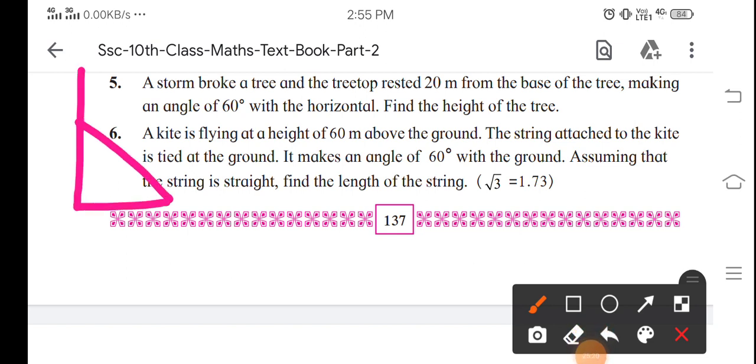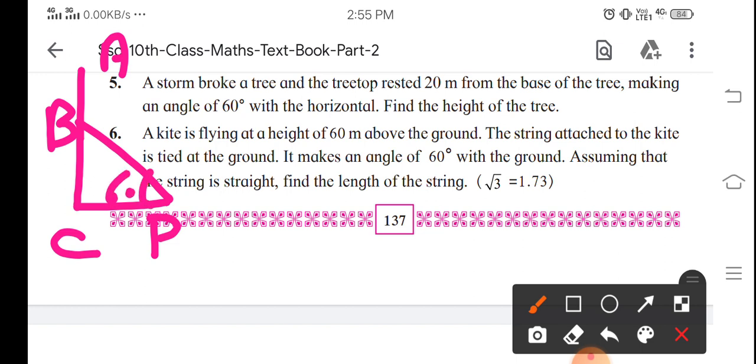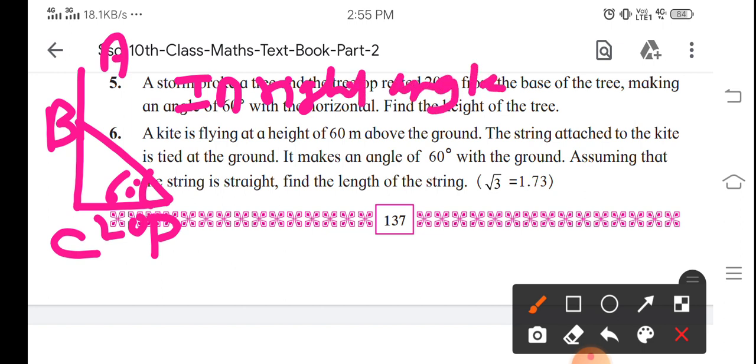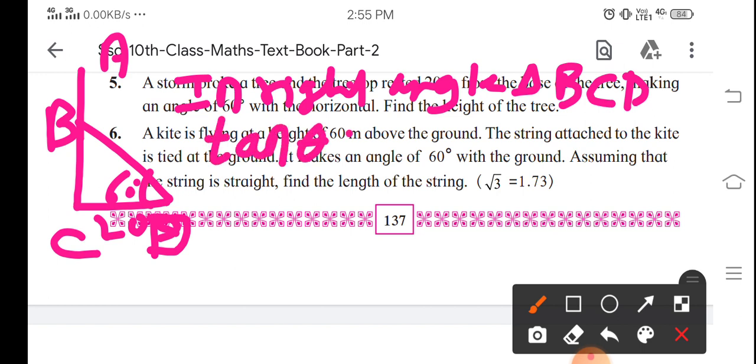I'm just drawing that part again. C and D, this is B and this is A, right? Okay, so this is 60 degree. I think this is clear, and this is 20 they have given. So in the right angle triangle, you can just write over there right angled triangle, that is BCD. This is our D. Okay, so in this triangle, see, tan theta, again you are getting same tan theta. Opposite side is BC. Can you see, point D is our theta, so opposite side is BC and adjacent side is CD. So I'm just writing over this CD.